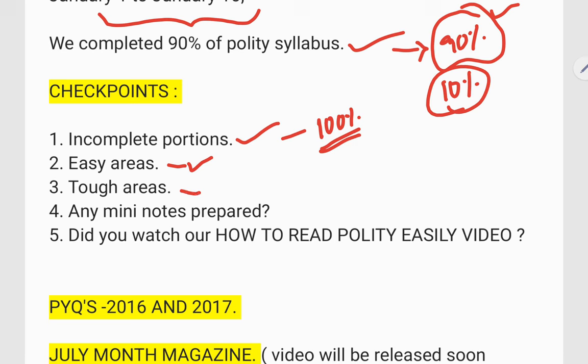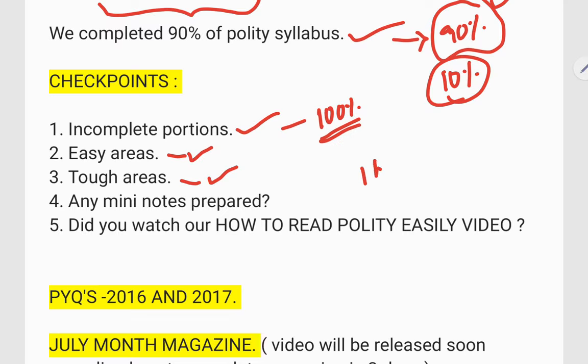And identify tough areas. For example, when you're reading a chapter, usually it might take 1 hour to complete, but you're taking 2 hours to complete. It might be boring. It may not be tough, but it might be boring. Identify such areas and try to allocate enough time. Maybe some peak hours you can accommodate. For example, if your productivity is high in the early morning hours, allocate such time for such areas so that you can complete it in less time.